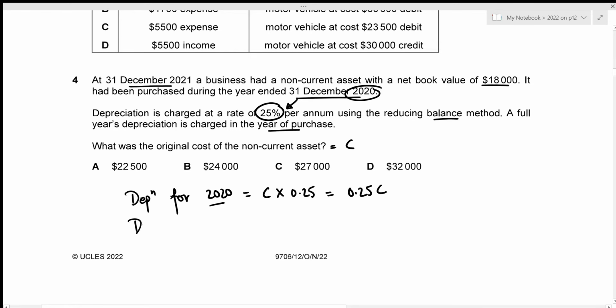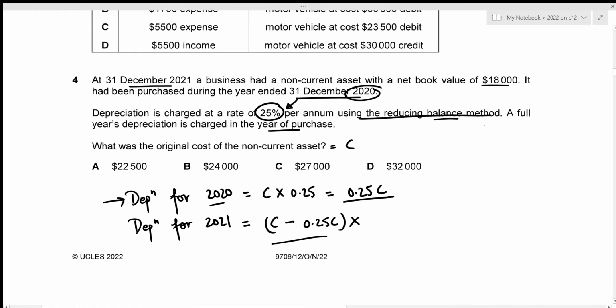Now, let's figure out the depreciation for the year ended 31st December 2021. And for this year, we have the accumulated depreciation, which is the depreciation for previous year, right? So our net book value is cost minus the accumulated depreciation of 0.25C. And then we multiply the rate. Here we're applying the rate of depreciation to the net book value because we're told that depreciation is charged using the reducing balance method. Okay, and the rate is 0.25. So that's 1C minus 0.25C, which results in 0.75C, times 0.25, which results in our depreciation for the year ended 31st December 2021 to have the value of